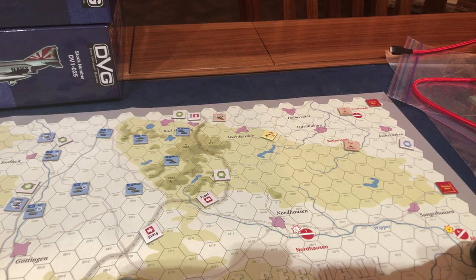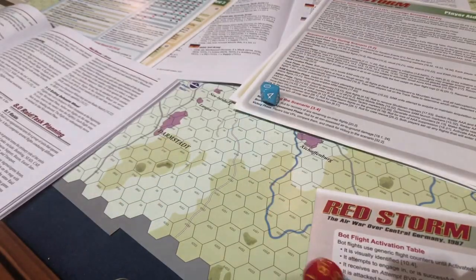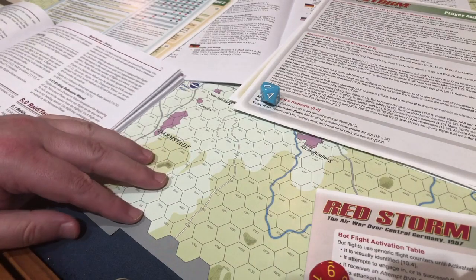So getting out the rule book or the sheet here, first thing we do is random event. So I'm going to bring the camera back and let's roll for random event. And I got